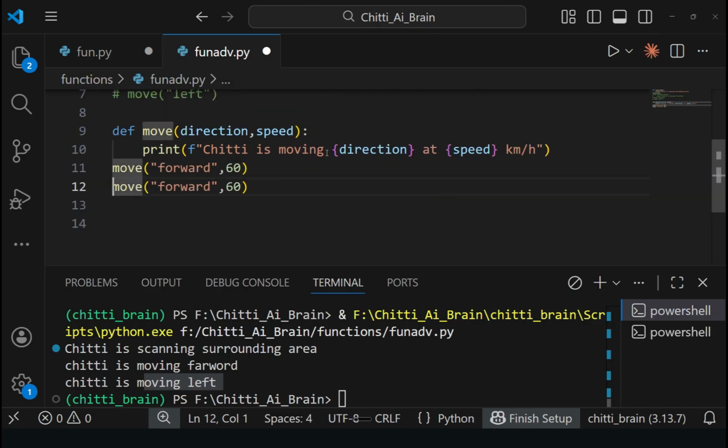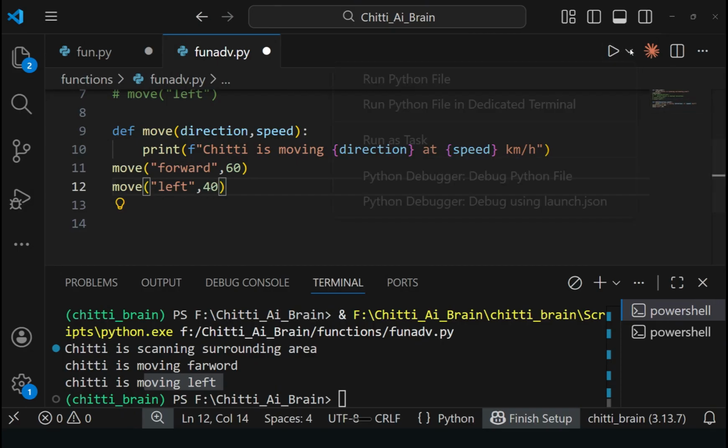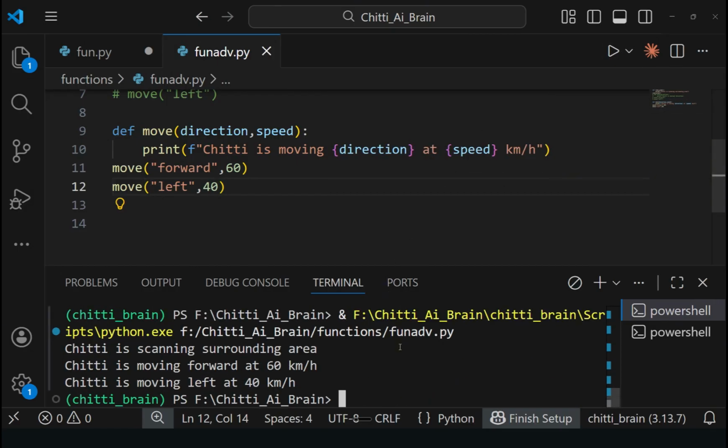Simply you can copy it, left, 40. Simply you can execute it. See, Chitti is scanning the surrounding area, and Chitti is moving forward at 60 km per hour. Chitti is moving left at 40 km per hour.